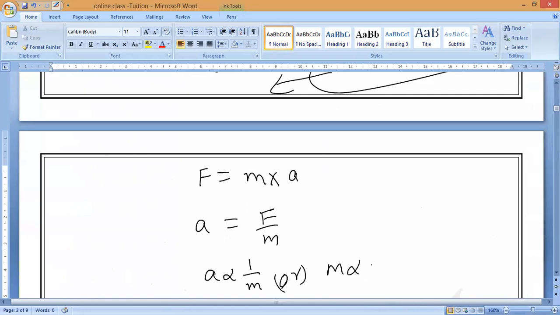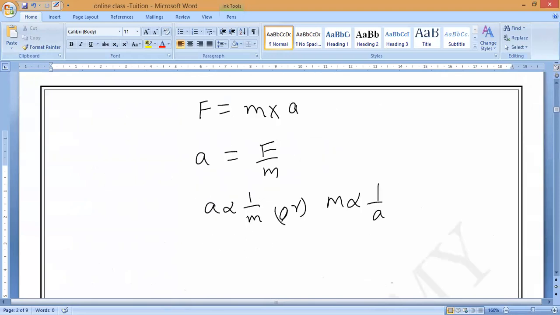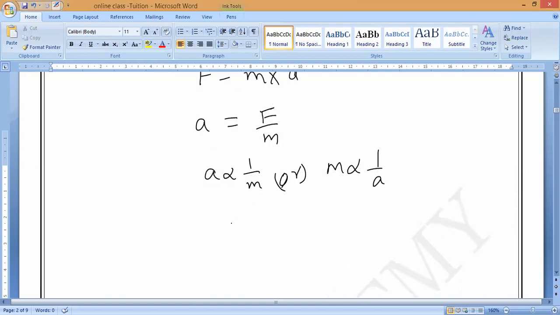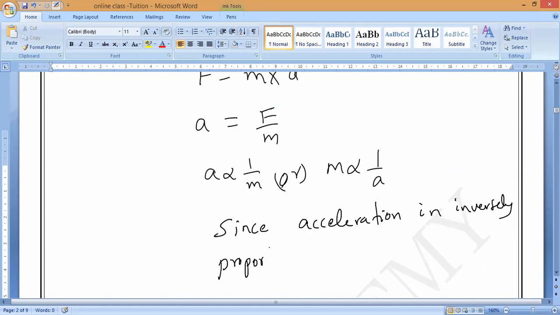Now write one statement: since acceleration is inversely proportional to the mass,